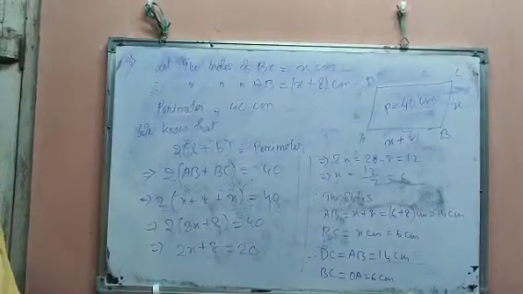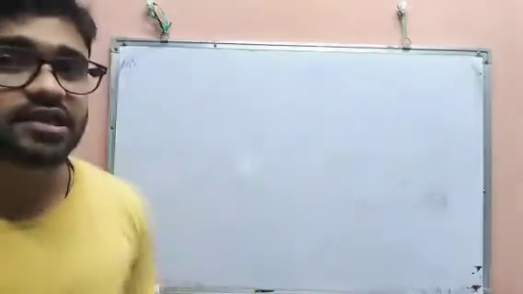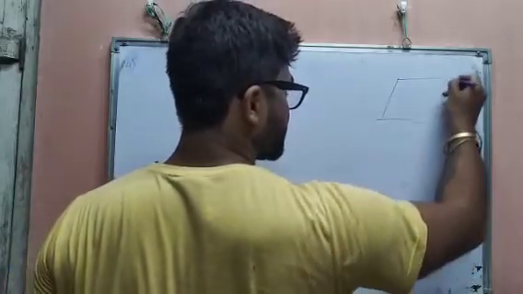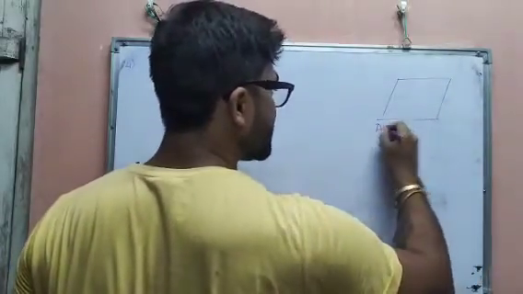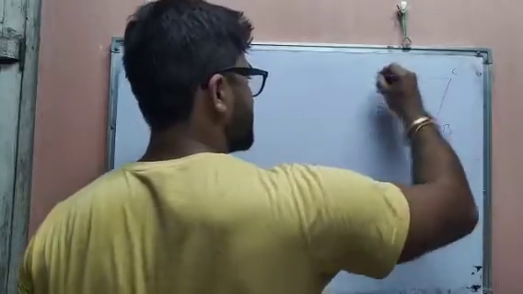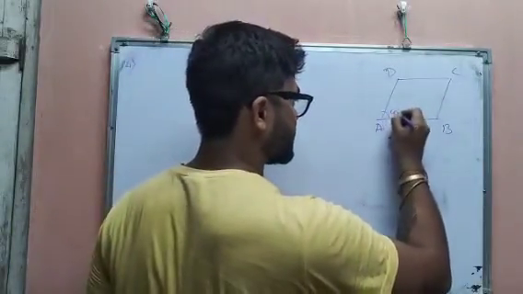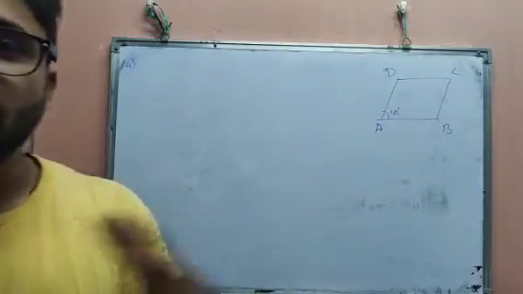Okay. So next question number 4. What is given? If one angle of a parallelogram is 40 degree, that means we have given in a parallelogram one angle is 40 degree. So see how to draw a diagram. First, let me draw a diagram. Say we are getting a parallelogram like A, B, C, D. Okay, one angle is given 40 degree. Consider this angle is 40 degree. And we are asked to find all the other angles.